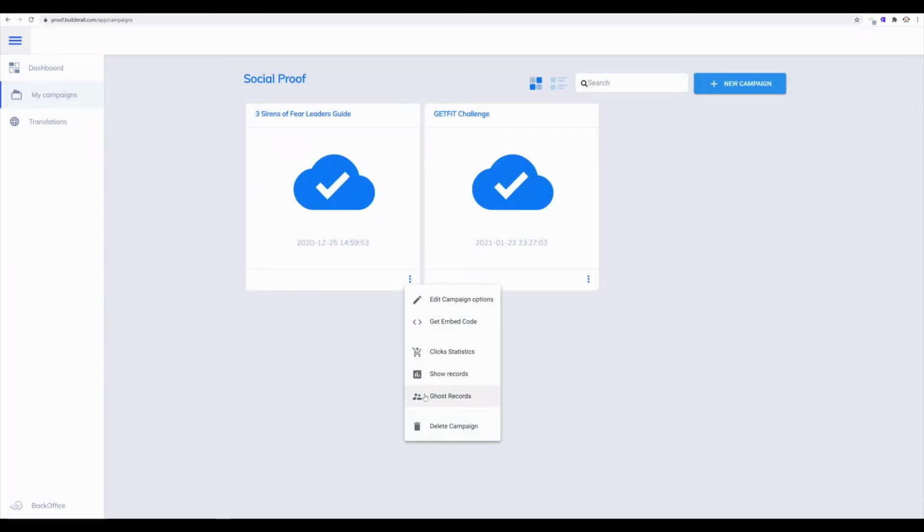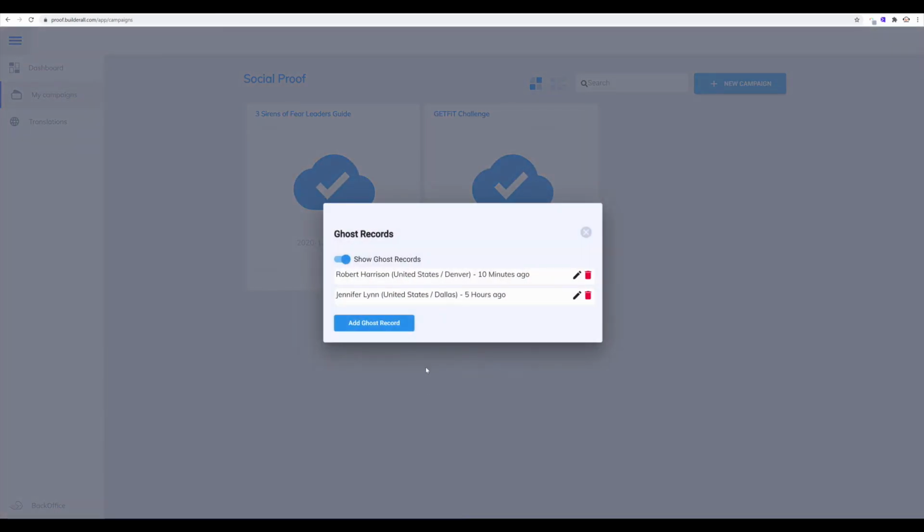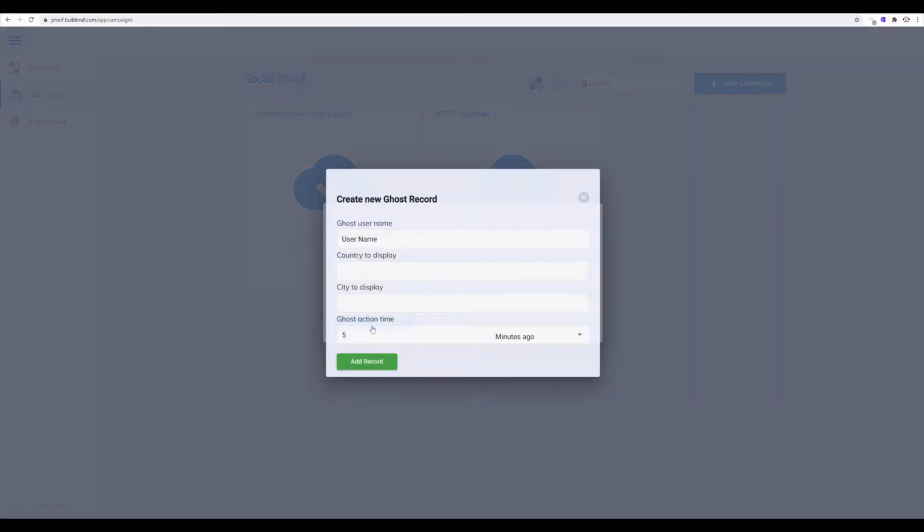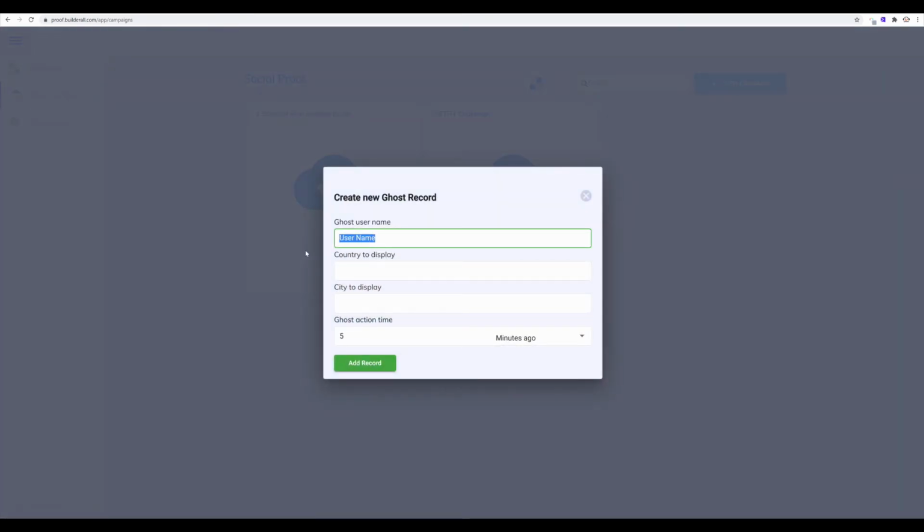The next one's going to be ghost records. So in addition to the legit real records that are actually going through Mailing Boss, you can also set up ghost records. So you can go in here and you can set a specific ghost. So you can go in here and add a ghost. So let's go in here and